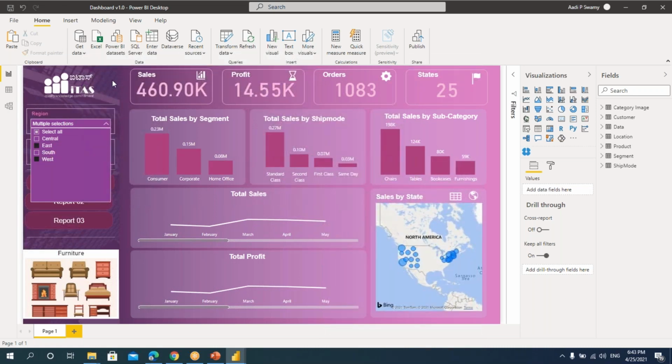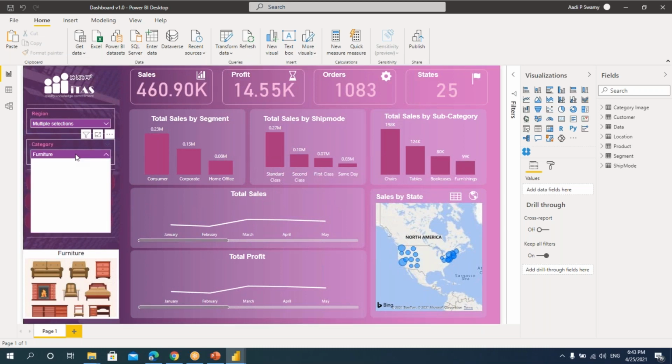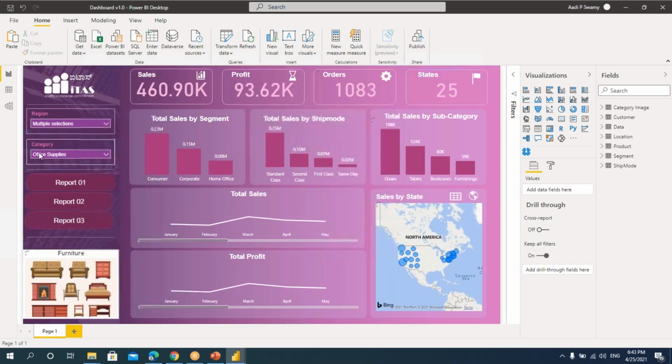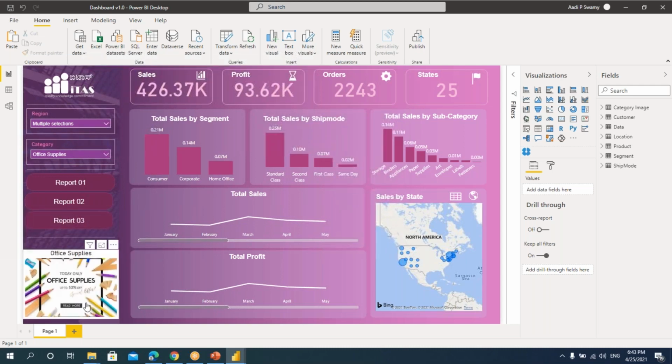So all this actually comes in the different chapters. Now if you can see this, I have one image here. If you think that you want to change that dynamically, I just go here, click on this. So depending on the categories, this image also will get changed. So if you're an HR or you want to show some products to be displayed, you can use these kind of options as well, where we can change the images dynamically.